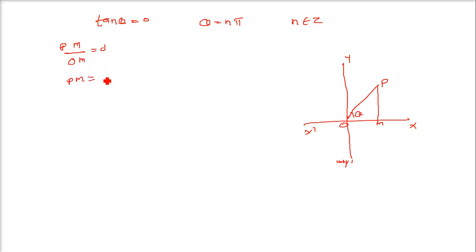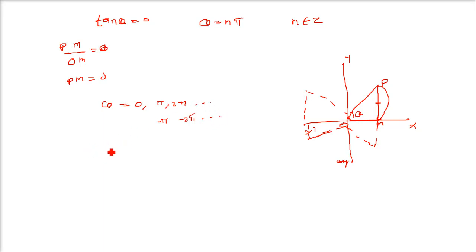That is, PM has to be equal to 0. When PM becomes 0, what will happen? This OP is going to coincide with this x-axis. See, P and M will come together. P and M are the same point. So this angle is 0. So theta is 0. And this goes on for pi, 2 pi. You just imagine that this triangle can be here, it can be here, it can be here like this, it can be anywhere. So this pi, 2 pi, also minus pi and minus 2 pi like this, and it goes on and on.